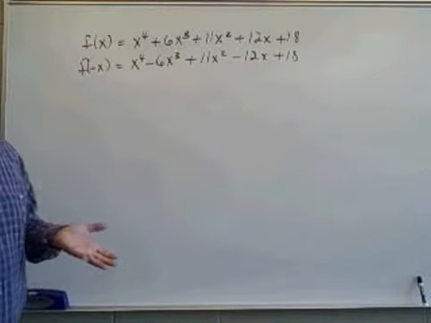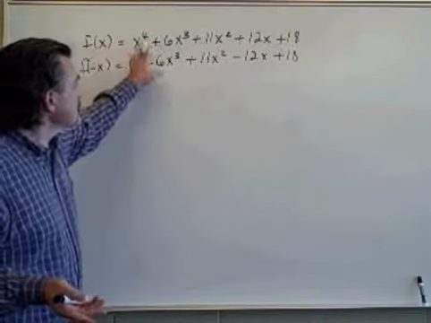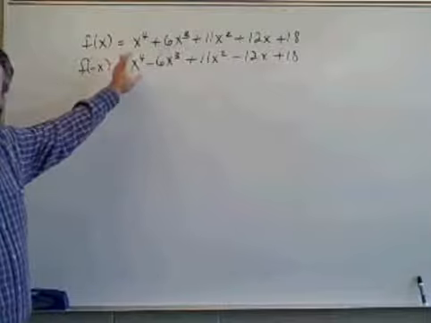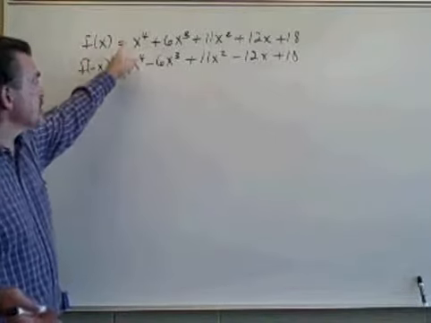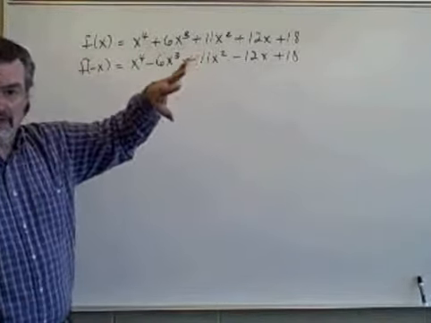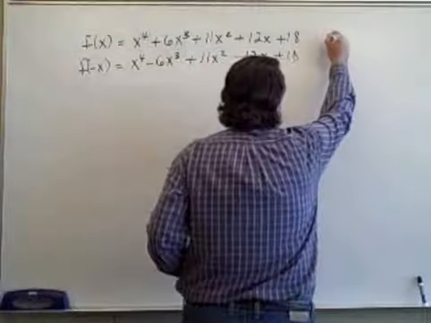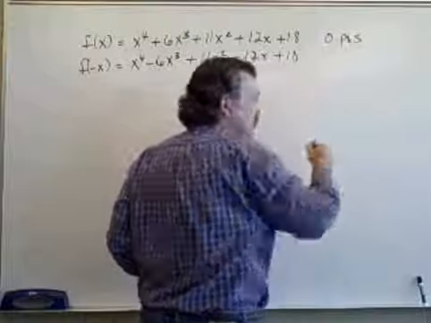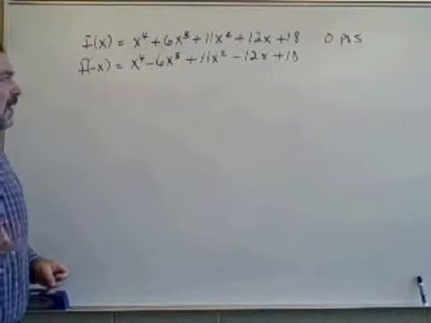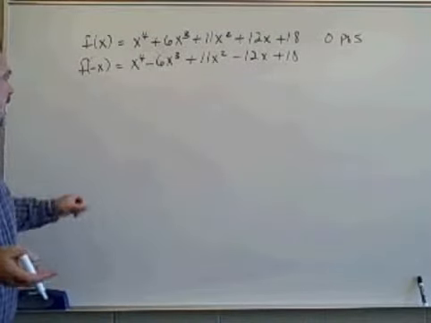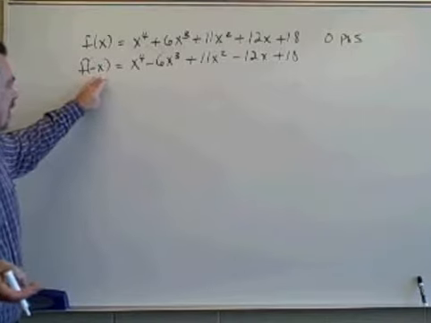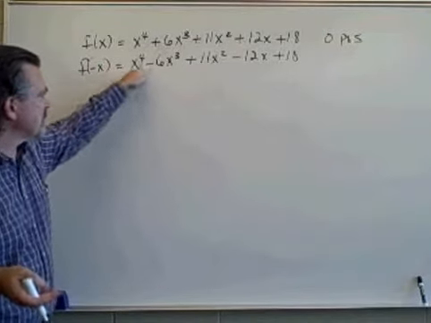Now, looking at Descartes' rule of signs, there's no change in the signs of the coefficients of f of x, is there? It's positive and remains positive. So since there's no change, that tells us that there will be no positive real roots. And when I look at f of minus x, I see positive to negative, that's 1